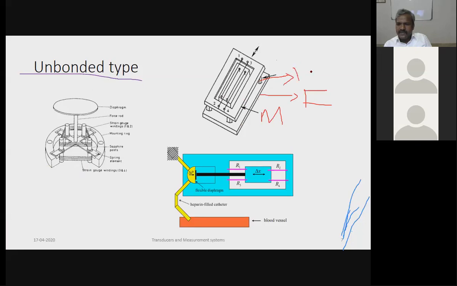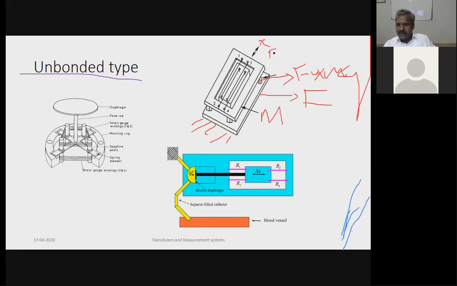Bar, fixing bar. This is fixed element. Actually, this is fixed at one place. This only movable. So the movable arm is connected to the process where we are intended to measure the displacement or force or displacement. Okay, so you can measure using this bonded strain gauge for force or displacement.